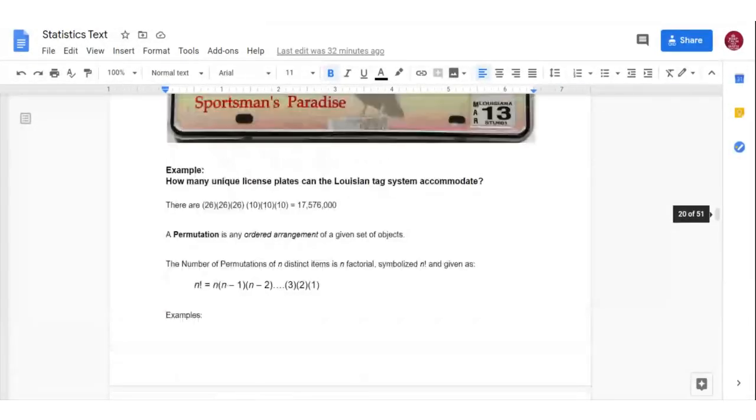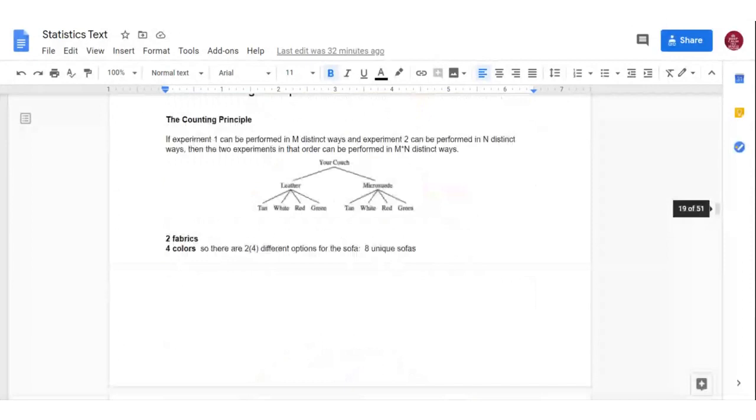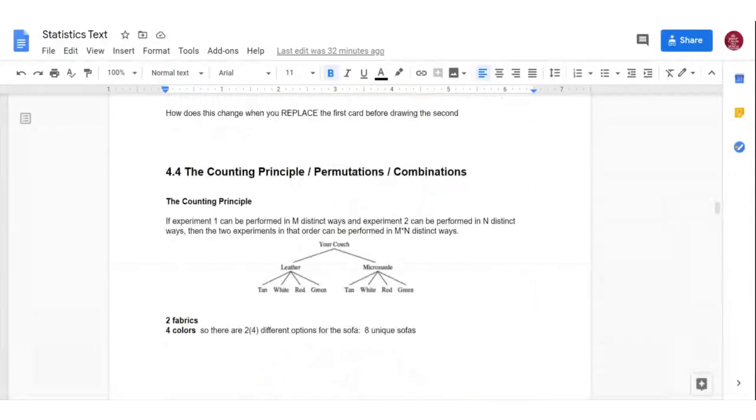So to finish up chapter 4, 4.4 is called the counting principle, permutations, and combinations. Now, the counting principle and permutations are really pretty much the same thing. It's just that